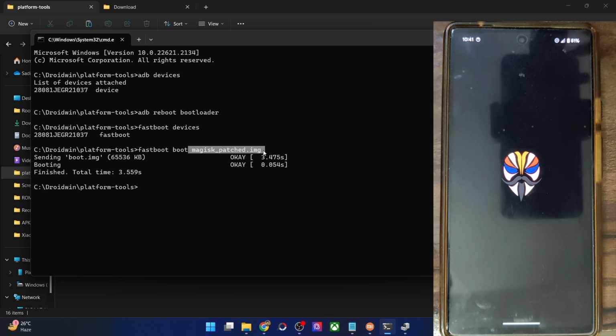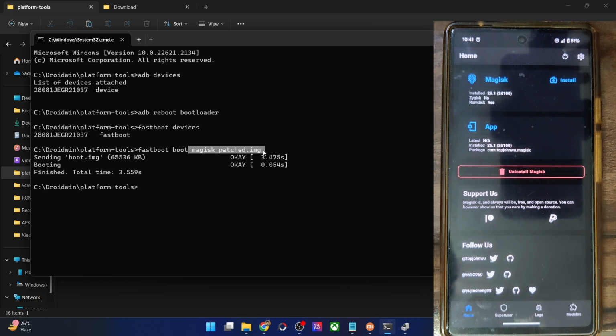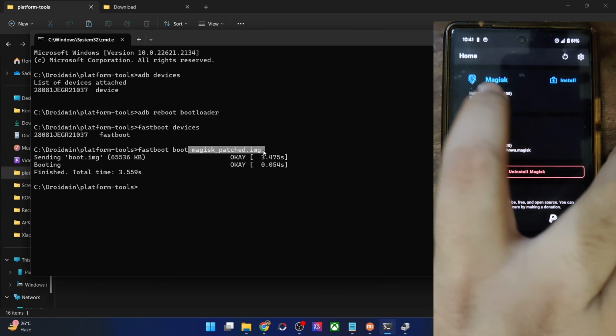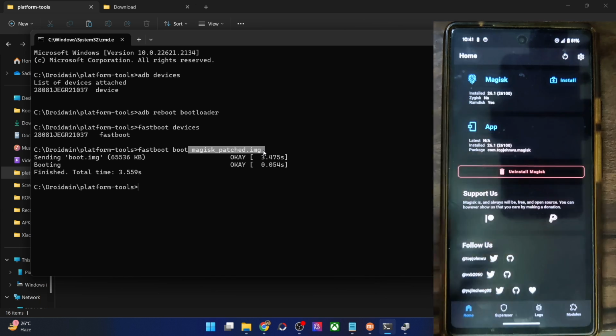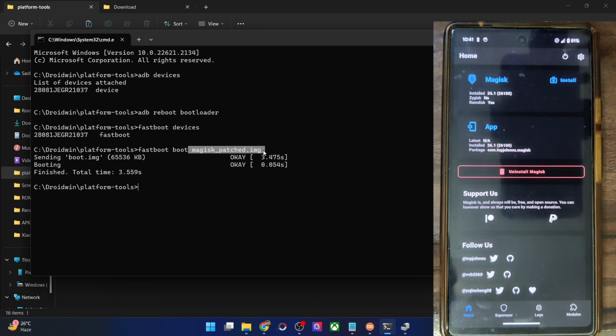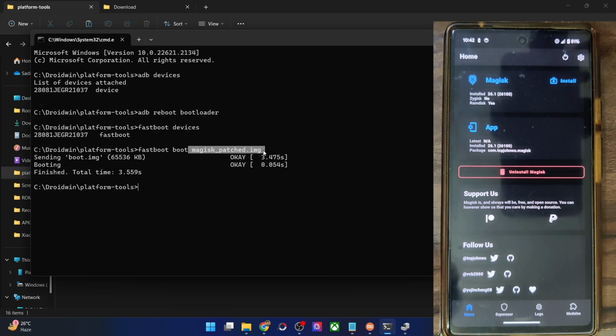Even though I might have obtained root, it will just be for one-time usage, and Magisk might ask you to carry out a few additional tasks as well. So that is not the case. That's well and good. So as you could see in my case, the Magisk version installed is 26.1. So that is the installed version, and so with this we have obtained root. But if I do a restart now, I will lose the root because I have just used the boot command.